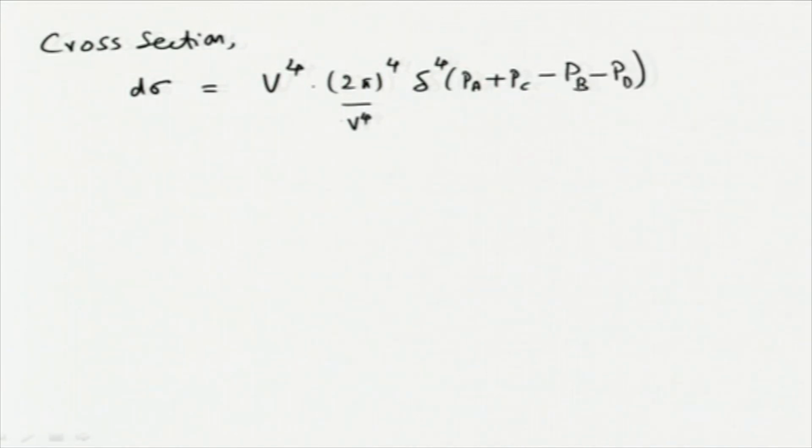These are the 4-momenta, and then you have the invariant amplitude |M|^2